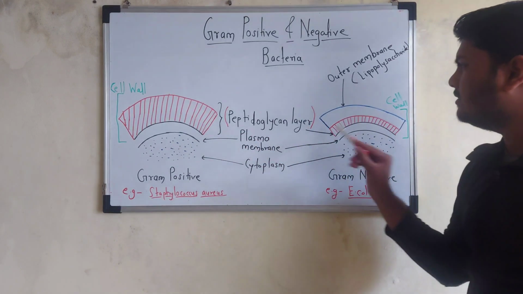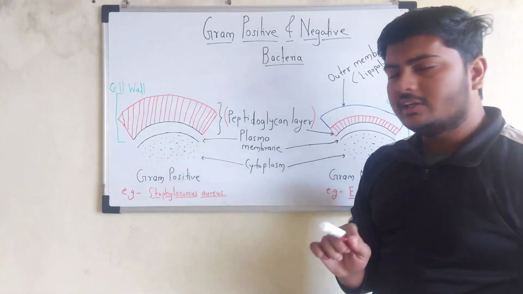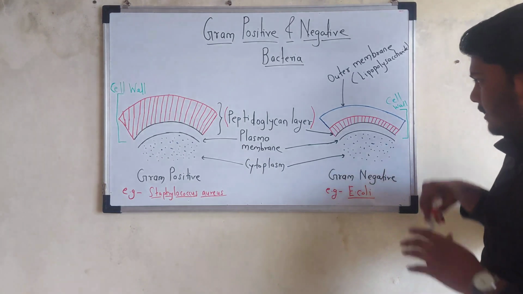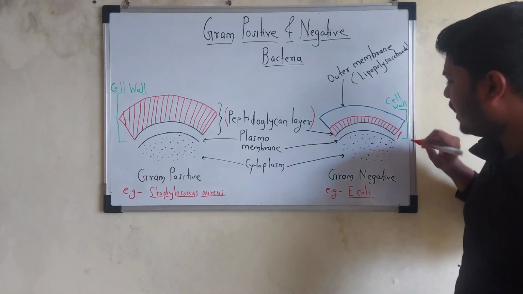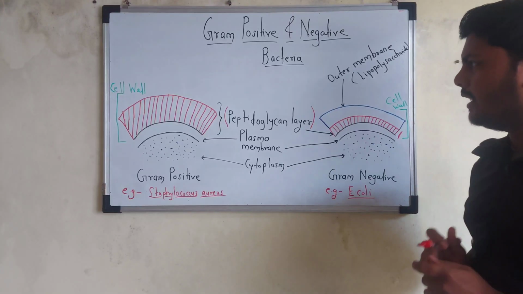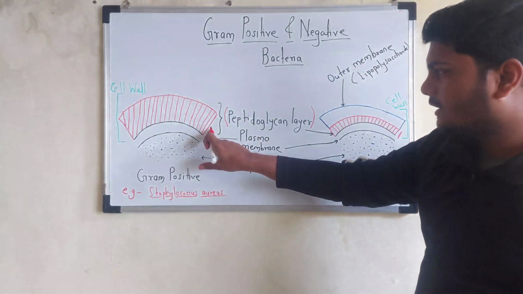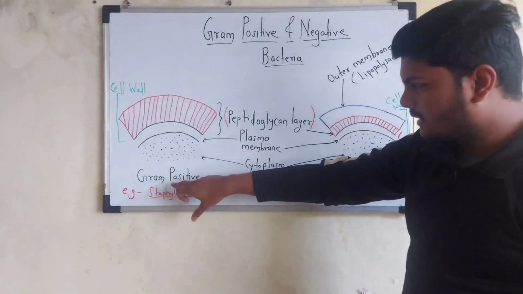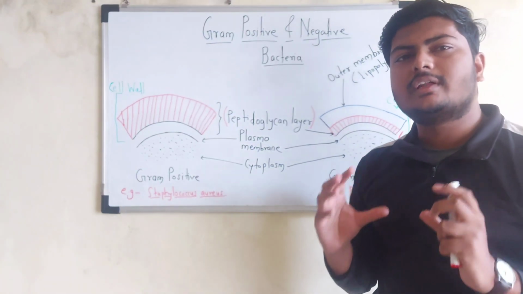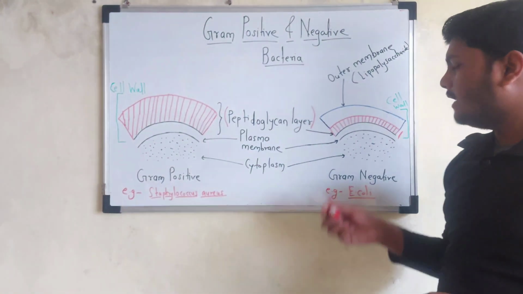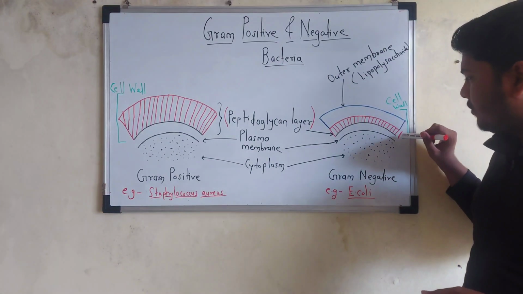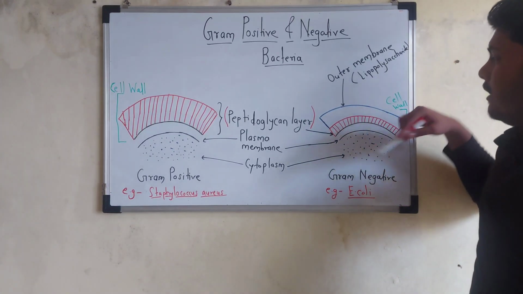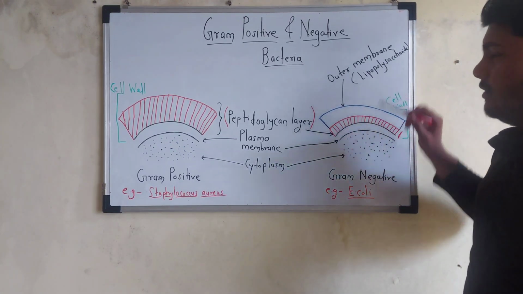Here you can see the difference: the peptidoglycan layer in gram positive bacteria is very thick compared to gram negative bacteria. In gram negative bacteria it is a very thin peptidoglycan layer, and in gram positive bacteria it is very thick. So the cell wall of gram positive bacteria contains a very thick layer of peptidoglycan, and in gram negative bacteria it consists of a very thin layer of peptidoglycan, and above that it has an outer membrane which is made up of